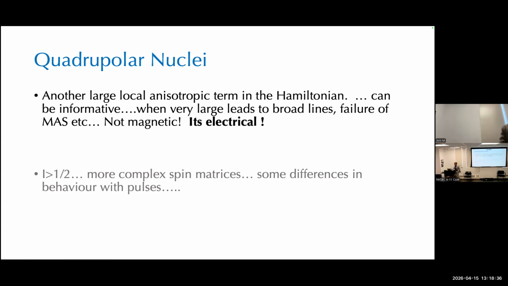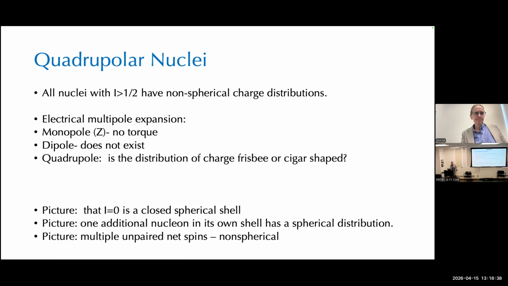Let's look at some of its properties. It's generally true, and it can be proven, though I'm not going to get into it, that if you have I greater than 1/2, you will have a non-spherical charge distribution that comes out of the model for the nucleus and the properties of angular momentum. So